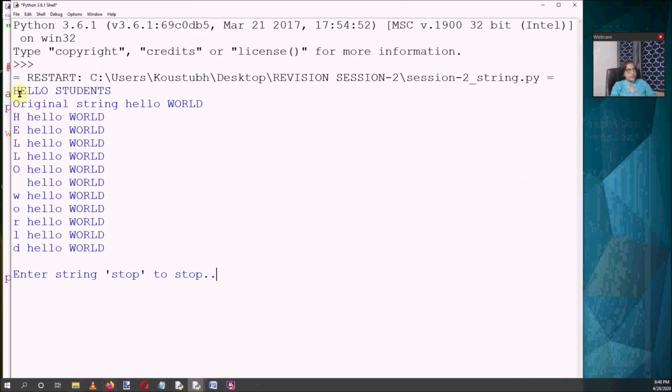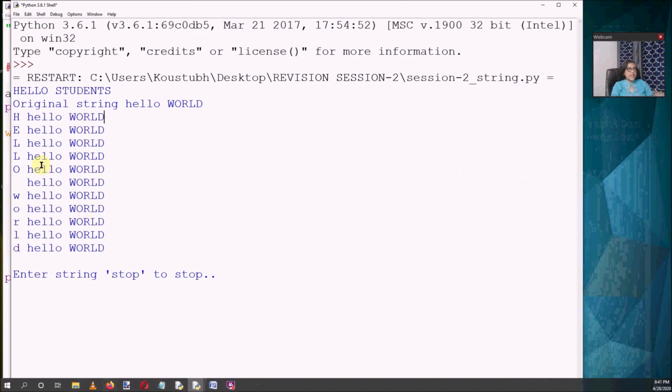Our original string was hello student, and the string we have given is hello world. Now observe, hello was in small case, but here hello has been converted into uppercase, and world, which was in uppercase, has been converted into lowercase.